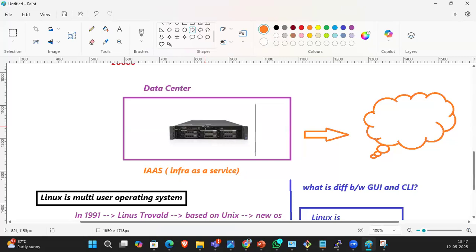Slowly they created web applications or websites for banking, so we don't need to go to the bank; we do the transaction online through the app. In the same way, Amazon had a thought: we can create a web application for connecting the infrastructure. That is called a cloud.